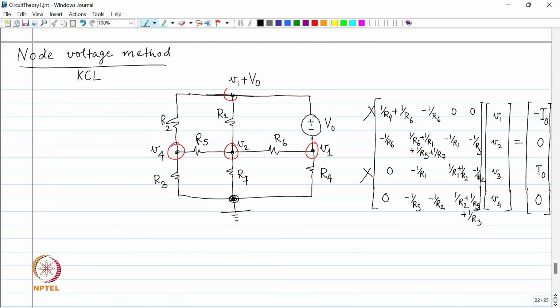Okay. We now have a system with 3 unknowns, not 4. So, V 3 is gone, V 3 is not even an unknown. So, I do not need this equation. I can't write an equation at V 3 anyway. For V 4 the equation is correct, but V 3 has disappeared, right. So, it will be minus 1 by R 2 times V 1 plus V naught,